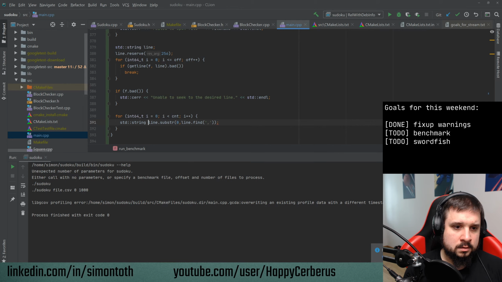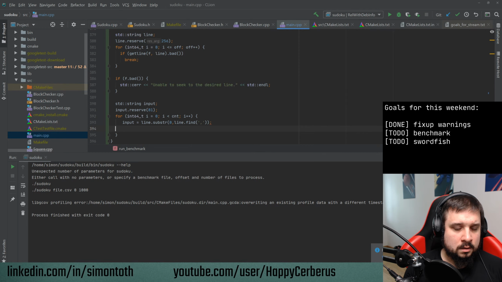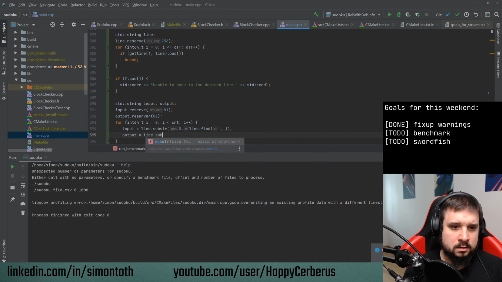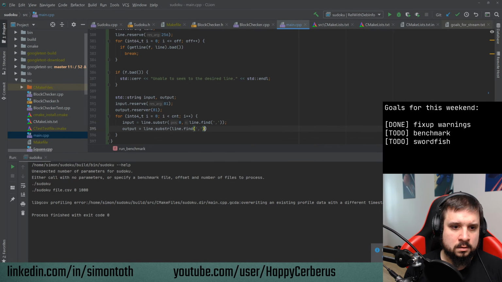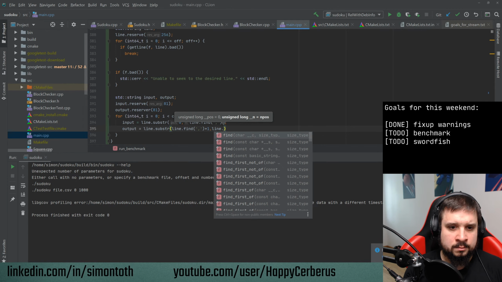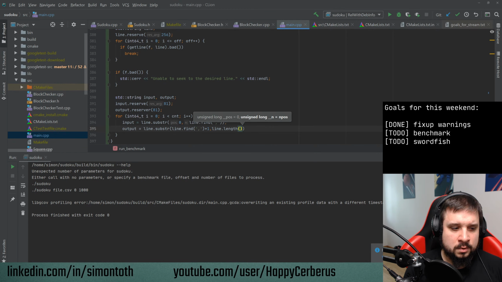So this will be the input, and the output will be a substring starting on the comma position +1, and then the number of elements will be the length of the string